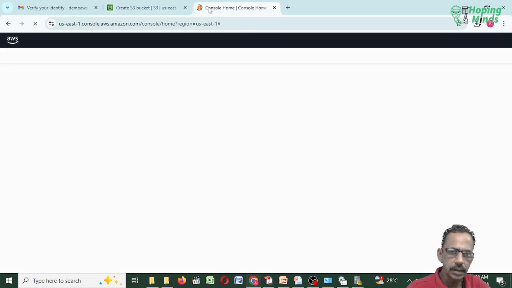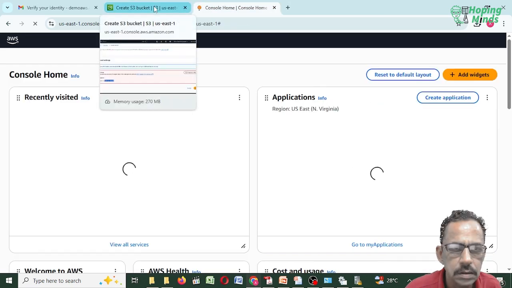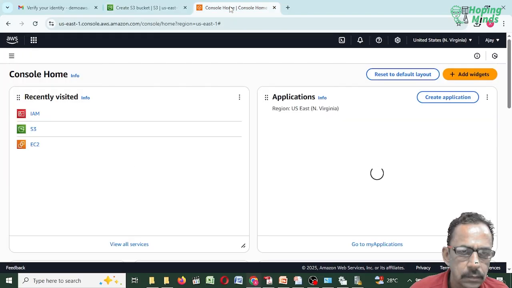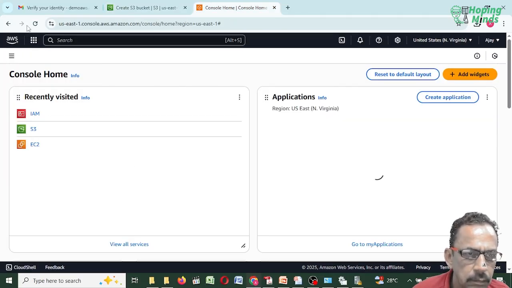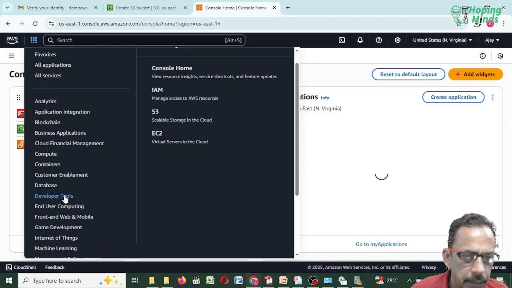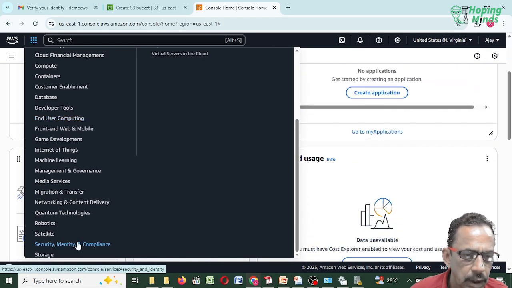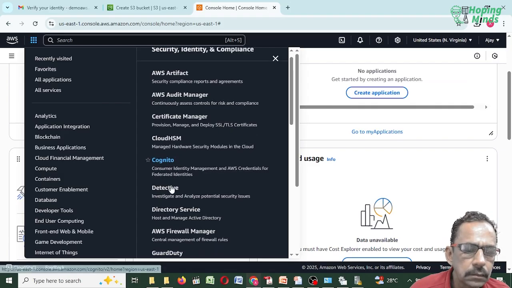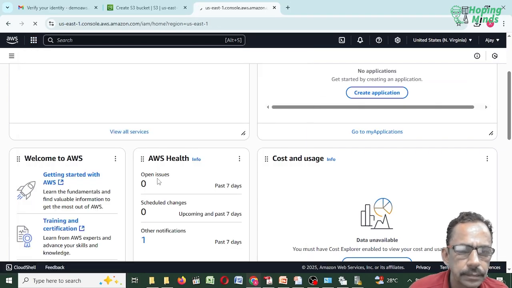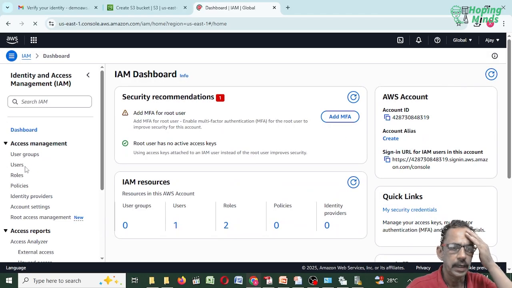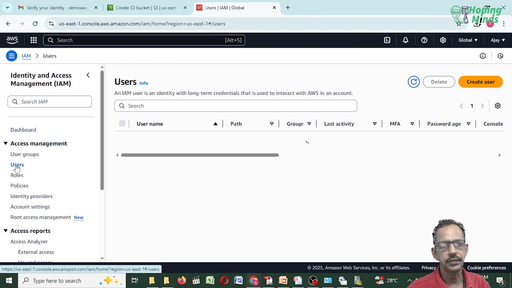So how can we attach the policy? Look once. I go to IAM, Identity and Access Management, in the security section. In IAM, it's saying one user is created. Which one is this?